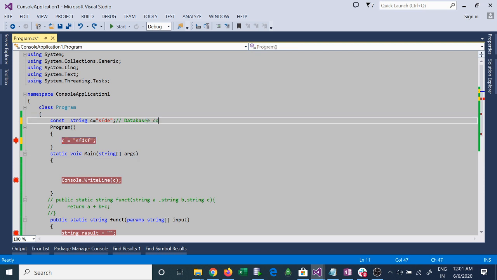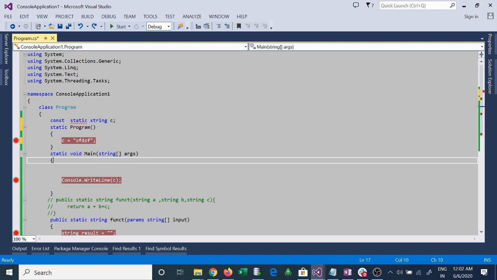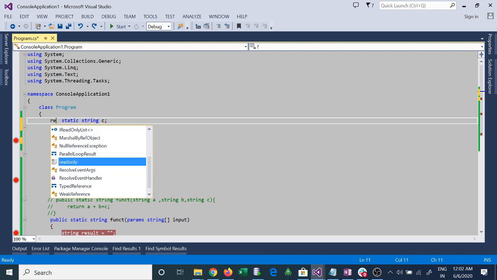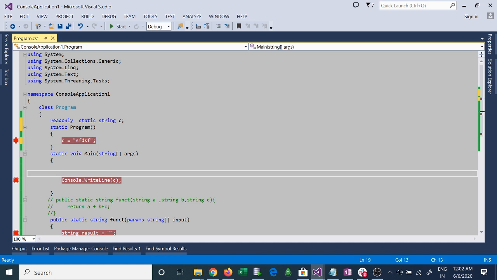Let me change it into readonly in the previous code. Now check with the readonly keyword. This is the C value that we have. We declare C here. We change the value of C in the static constructor. Now we'll try to change it here. C. Okay. Now let's check